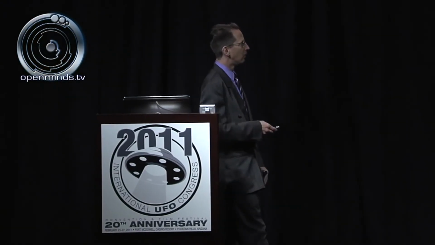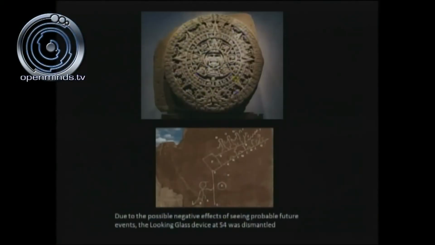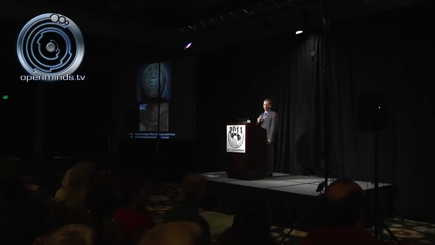And that's borne out by what we see here with the Mayan calendar. Some believe, ladies and gentlemen, that on December 21st of 2012, it's the end of the world. However, some take a more positive approach and indicate that this is a new dawning of an age of enlightenment. And if we flip over to the prophecy rock by the Hopis here, they have a similar motif. They talk about the evolution of mankind's consciousness on this bottom straight line, and then something happens. An event takes place where we go off into chaos, and that's what you see with this squiggly line. So again, it's very destructive in some cases to try to predict future events. It can have catastrophic consequences.